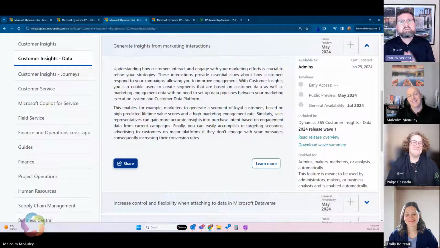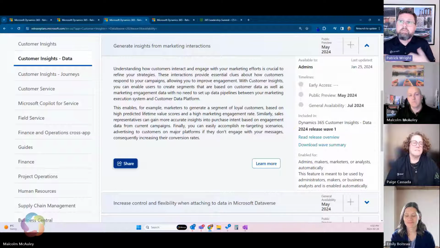What we're hoping to see is the ability to start accessing through, say, Power BI, the customer insights information that we get through the analytics of email opens and link clicks and website visits, all of these pieces of information that you can't directly access through custom means. In other words, we've got some dashboards available to us in the app, but all we can do is filter on what's presented to us. So we're hoping we're going to get some more visibility so we can start to combine it with other external